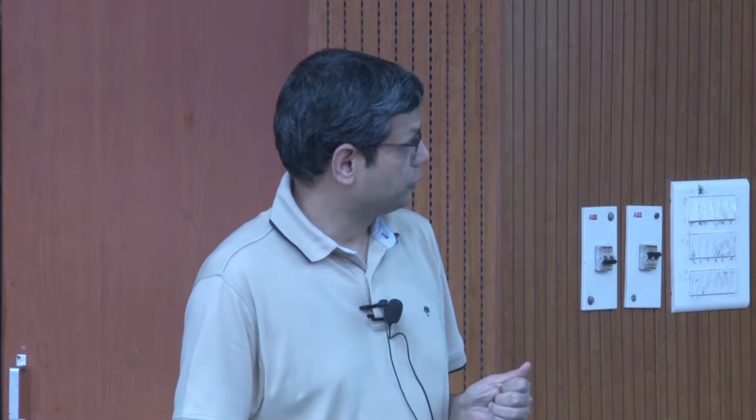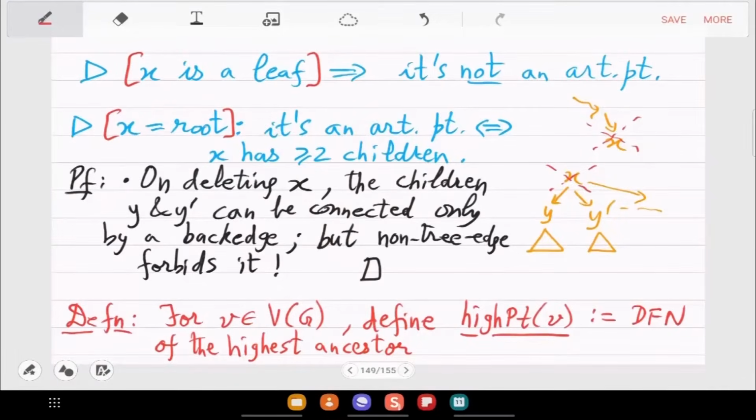Biconnected graph is what we want to test, given a connected undirected graph. And we have reduced this problem to an equivalent problem of enumerating articulation points, which we have now further reduced to that property. So if X is an articulation point, then there has to be a child Y whose subtree doesn't have a back edge to an ancestor of X. Okay, so that property